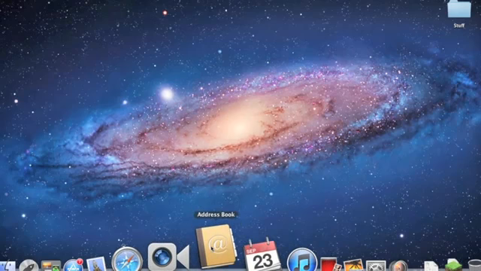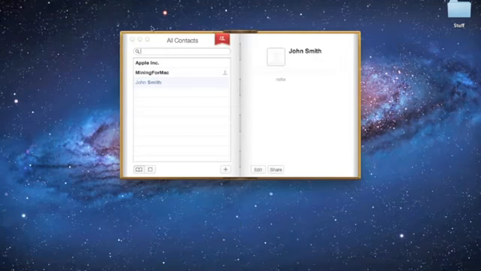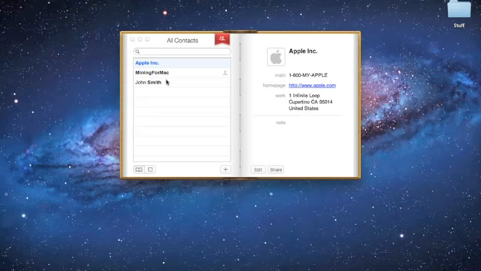Address book. This lets you see people's addresses. Over here, the defaults are John Smith, me, and Apple itself. And something that I found kind of cool: over here, the address, one infinite loop. I find that kind of funny. I guess that's to not give a real address, unless infinite loop is a real street, which I doubt, but hey, it might be. I don't live in California,